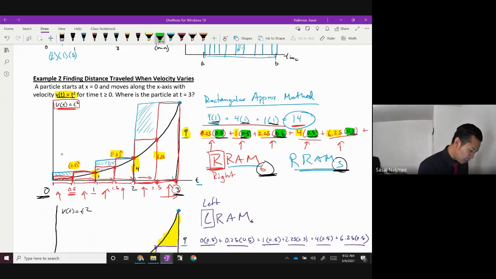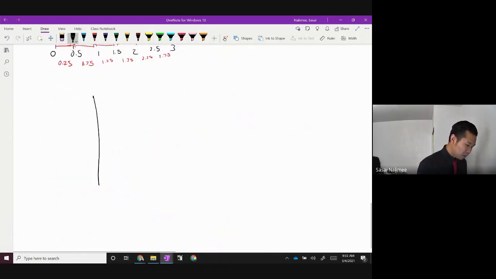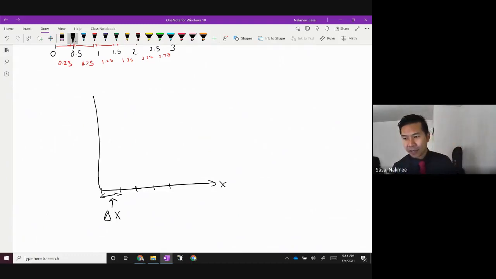This right here, this 0.5 in this particular case, has a particular name for it. We call it this guy right here. If you have your rectangles from here, here, here, as it changes from here to here, normally we have this as an x-axis. What we call this right here, we call that our delta x, our delta x. Your delta x is basically how much your x is changing from one value to the next.